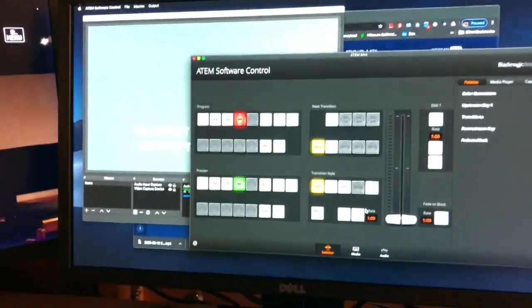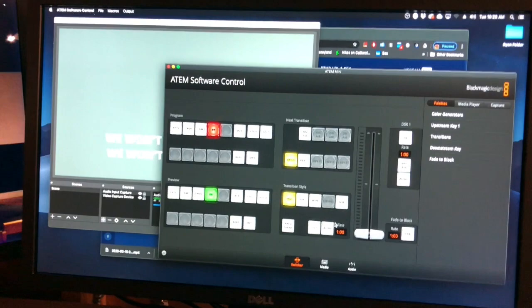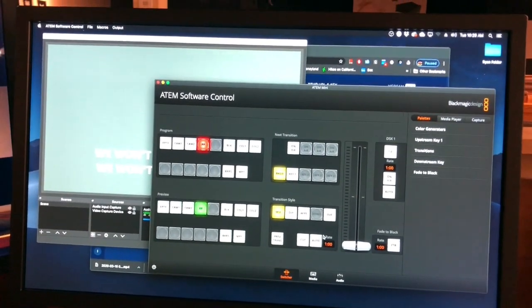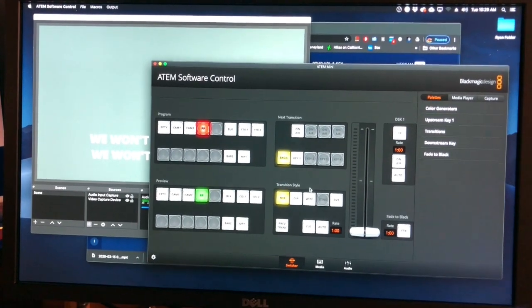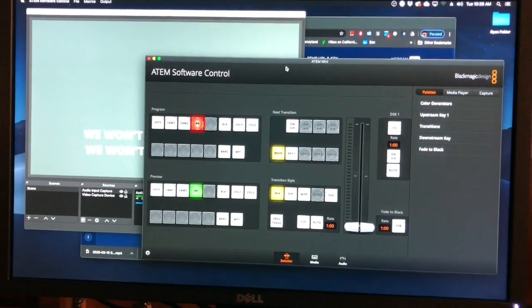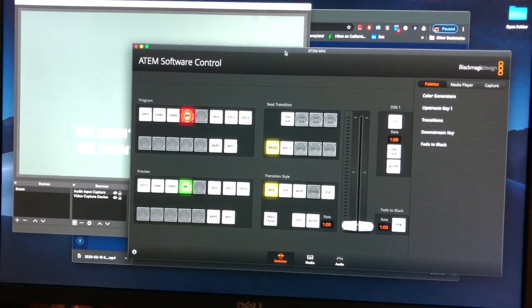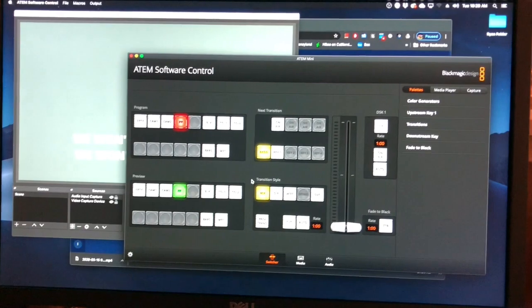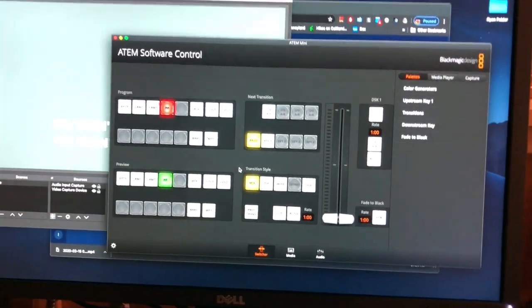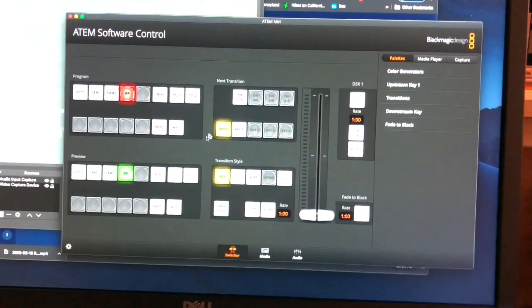Actually, on the computer here, I could have recorded this using the actual video switcher, but I'm going low tech right now. The switcher itself is controlled, or can be controlled, through this software. It's called ATEM Software Control. You just download it, and then it gives you a control panel that kind of mirrors what's on the box here. But this is software that is used for, I think, all of their mixers.